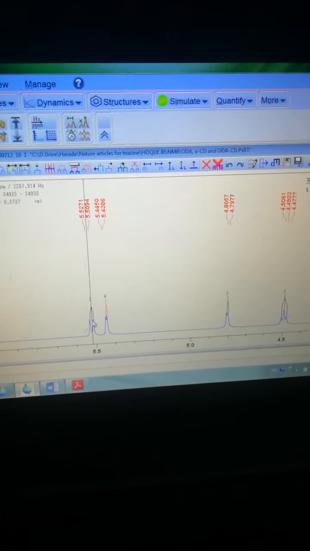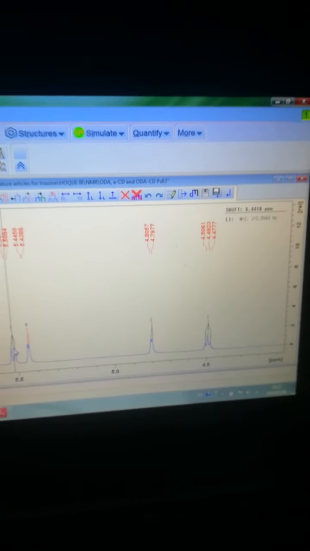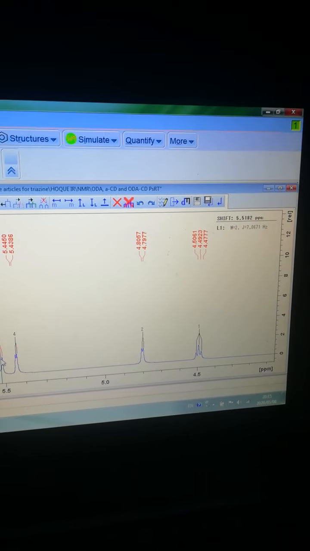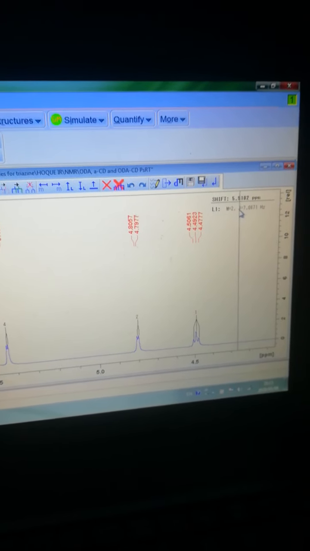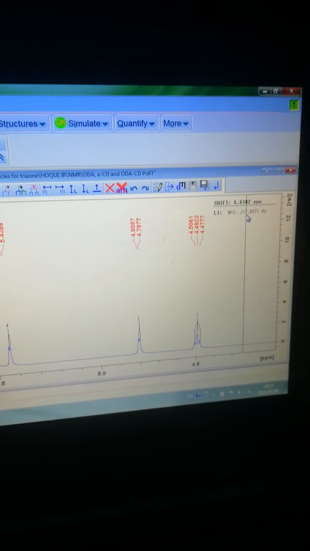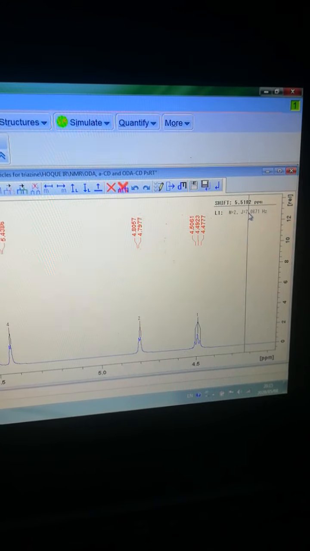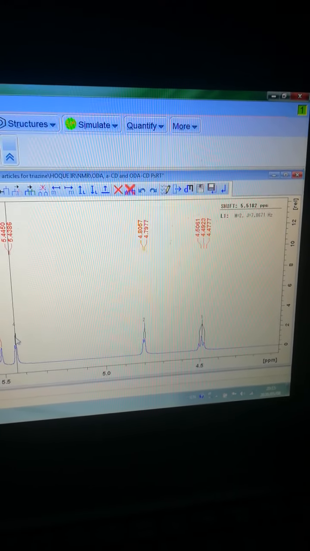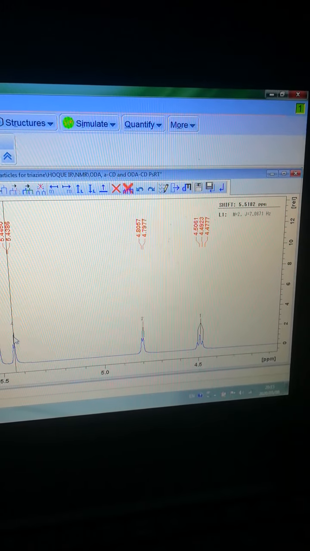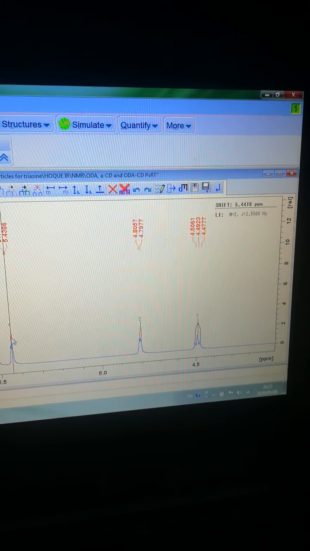If you click on them one by one, you can see in the right corner the J value, which is referred to as multiplicity, so 7.06.